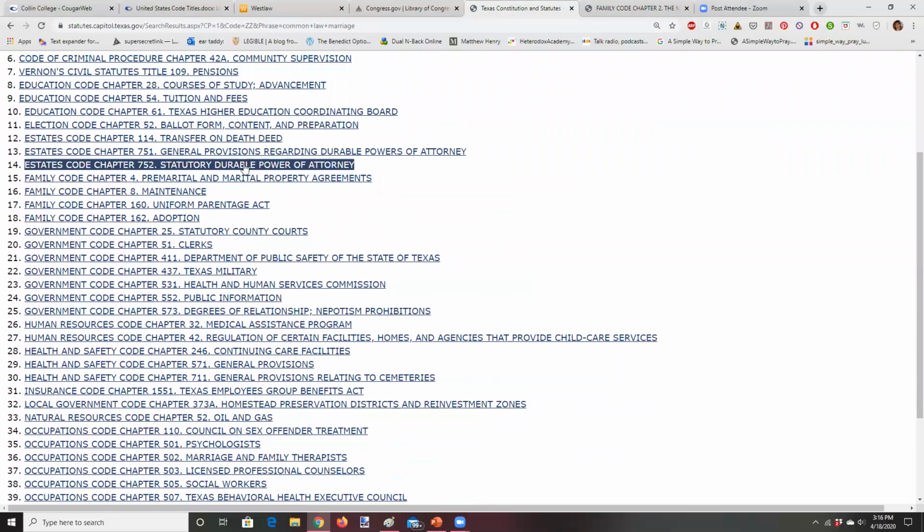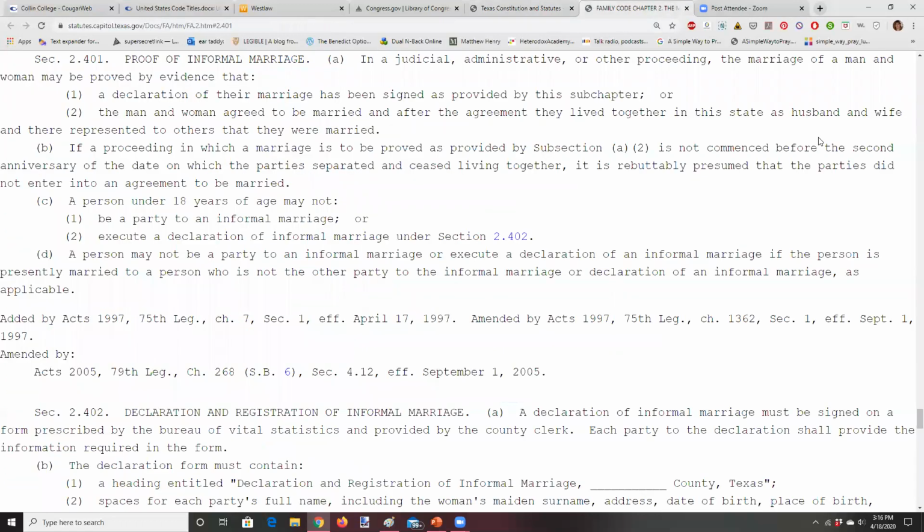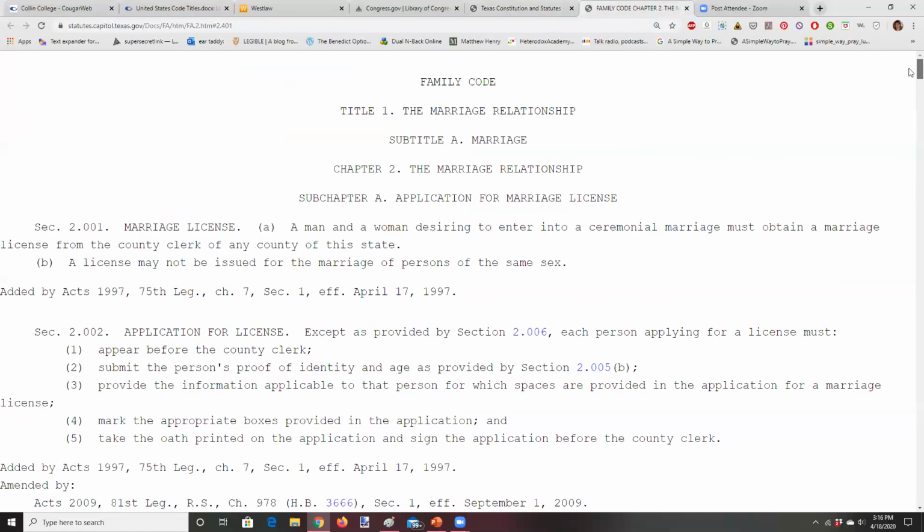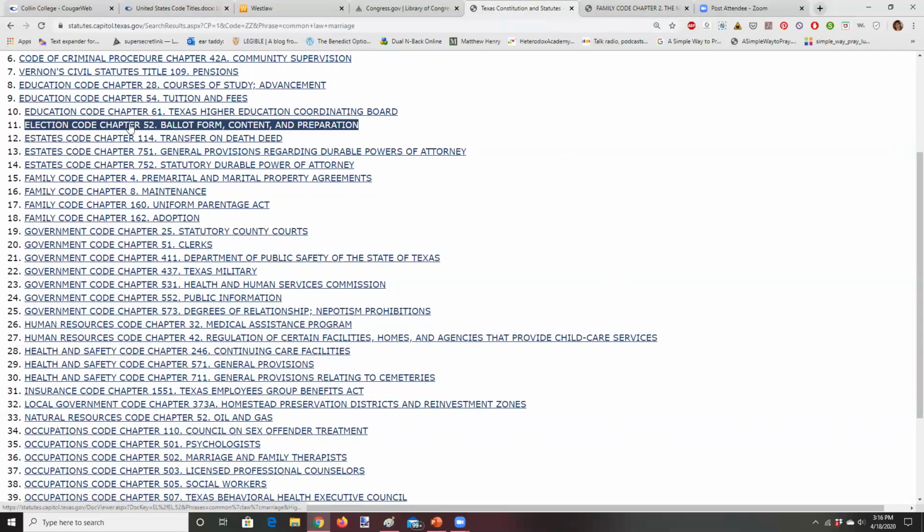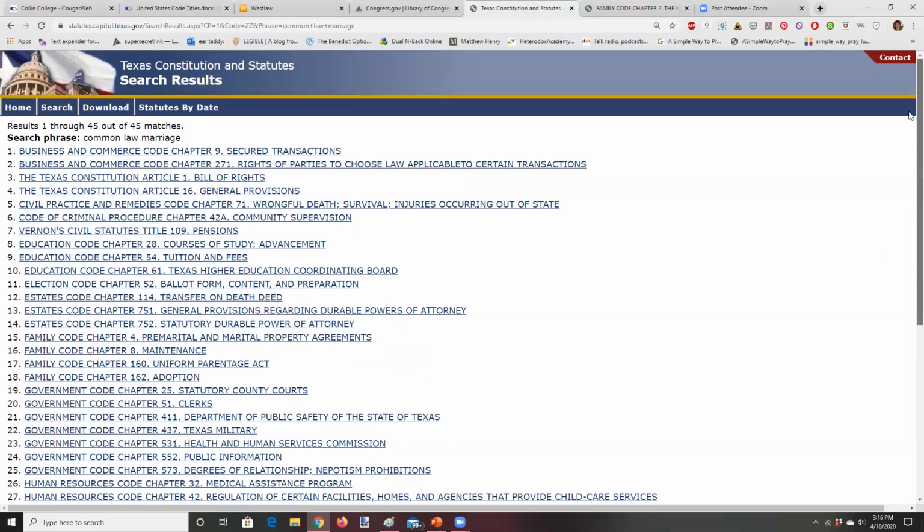I'm going to get, let's see, family code. I'm not actually getting anything from this section, because this section is a chapter 2. So we can see there aren't any chapter 2s. Chapter 4 is the first chapter. So it's not,